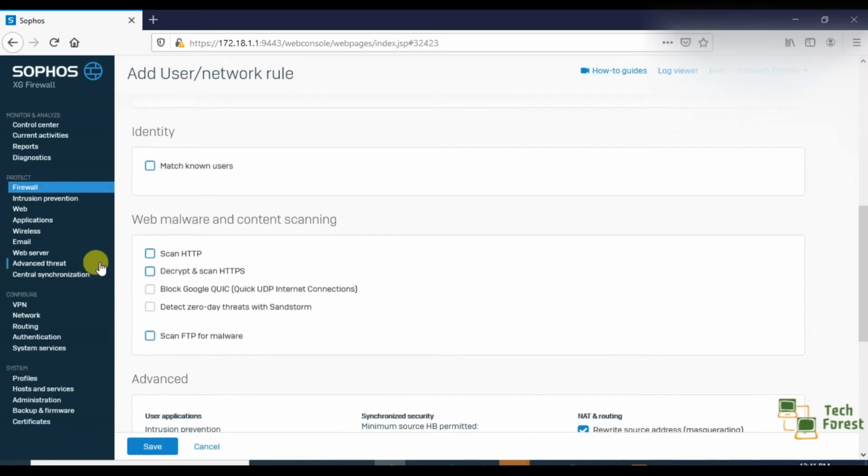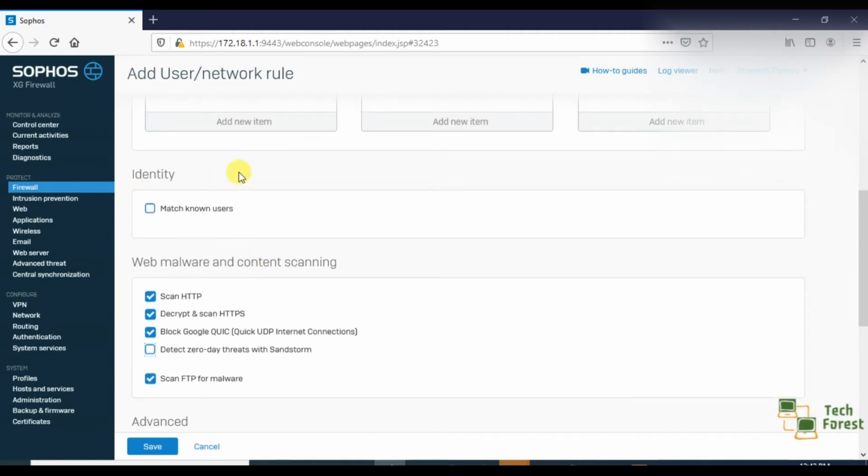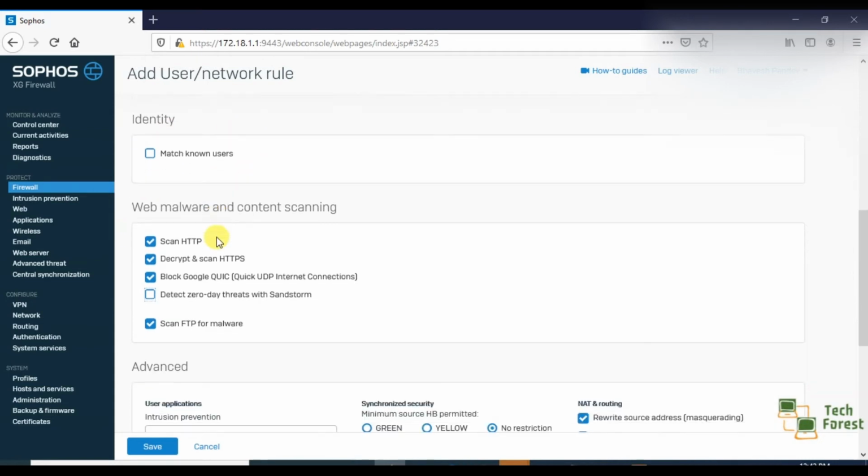Next option is scanning web malware and content. We can check these boxes as of now, and in our upcoming video we will see the functionality of these filters, this web malware and content filter, and we will also see how we can create this captive portal and how we manage users' access rights.